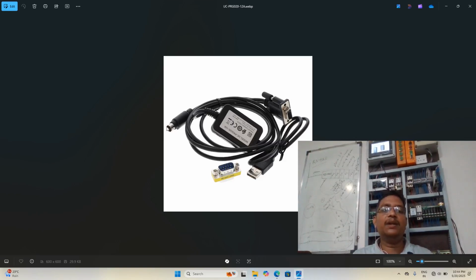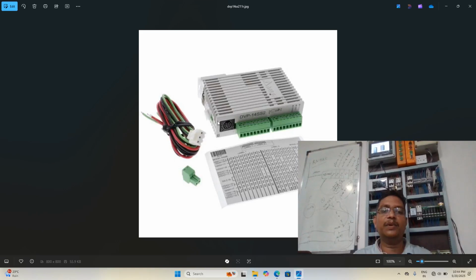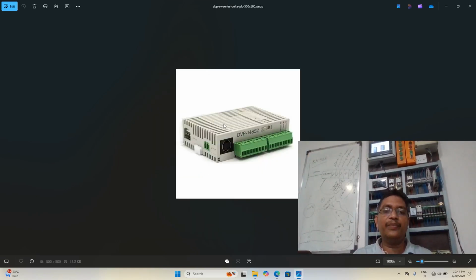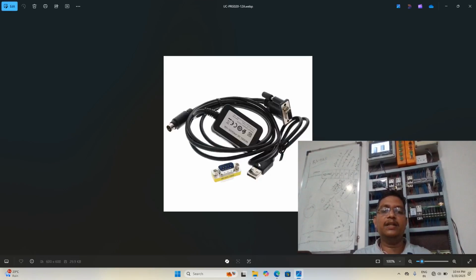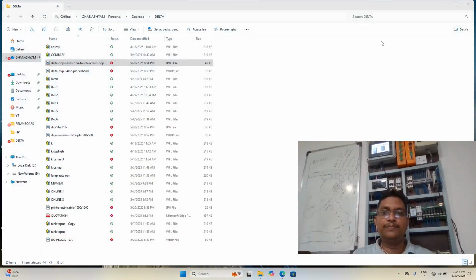This DB9 round type of connector will be connected here to download the program, and the other side will be connected to the PC, and you can leave this one as it is, without connecting anywhere. I can close here. So